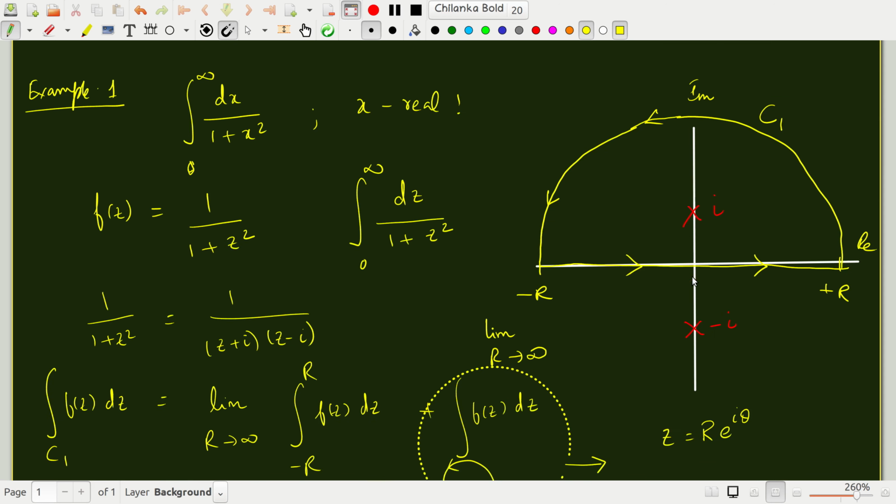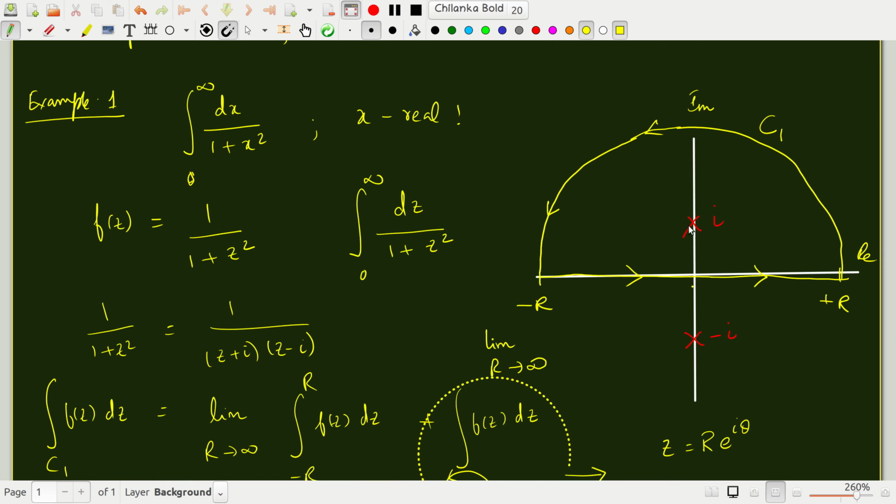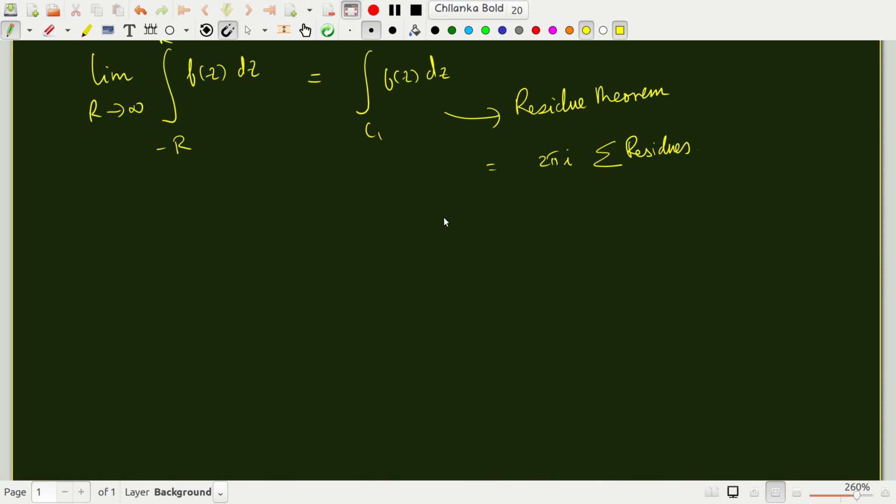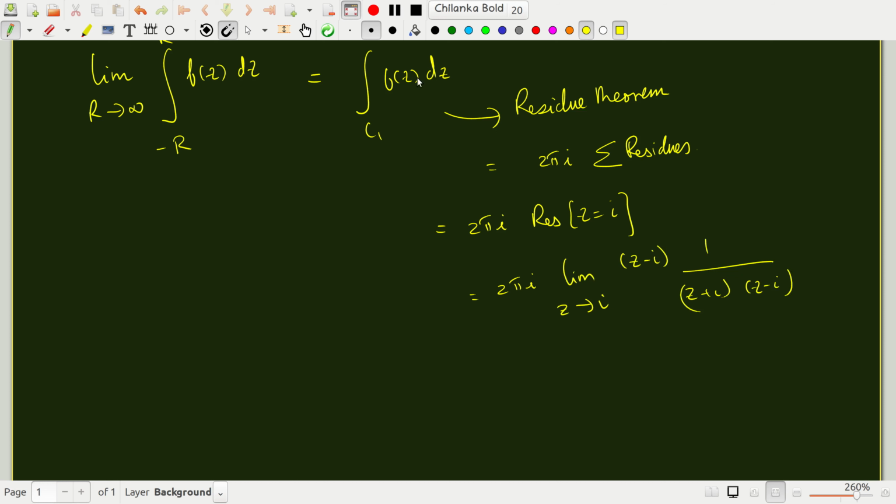How many poles are there within this contour? You have only one pole at z is equal to I. So it is 2 pi I times the residue at z is equal to I. That's nothing but 2 pi I times the limit z going to I of z minus I times 1 over z plus I times z minus I, right? And these two things cancel,